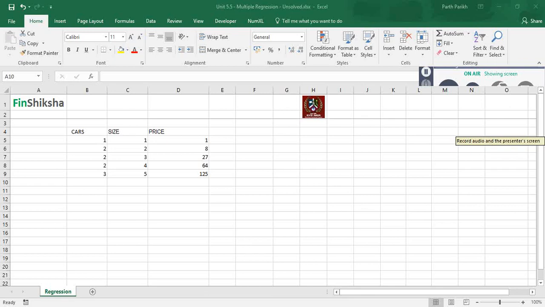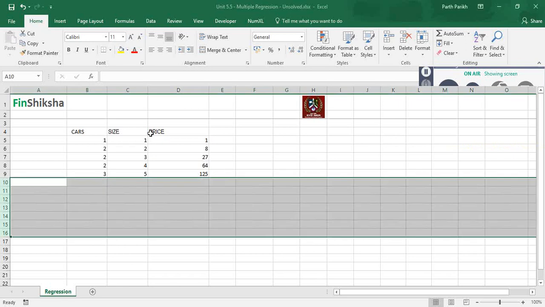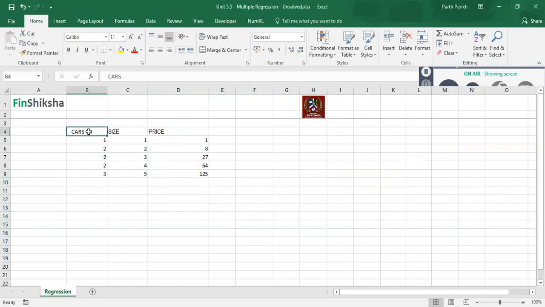In this video, we are going to learn about issues with multiple regression. Like we have already seen, or we have explained, but we have not seen as such. So in this video, we explain the issues with multiple regression. Here the car value is given, size is given, and the price is given. This is not the actual data; this is dummy data which we have created.